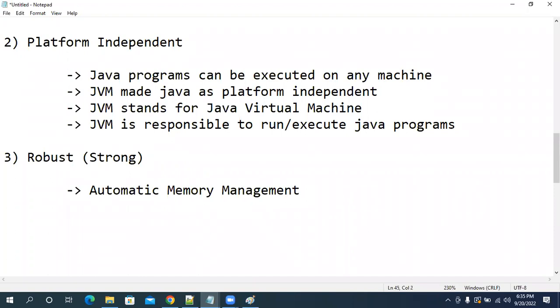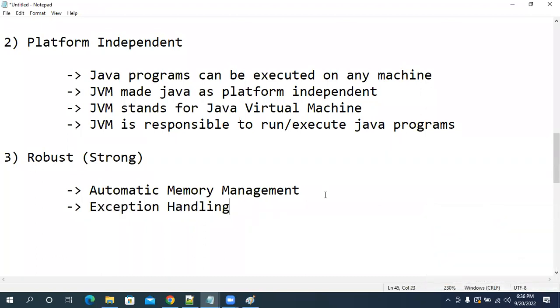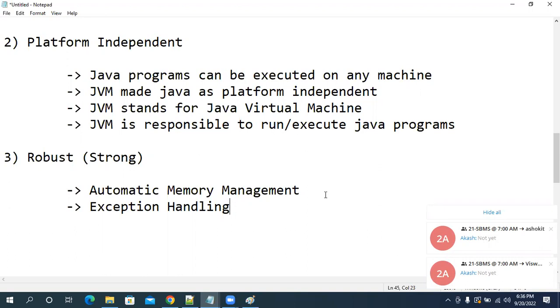And the next one, self-healing capability. What is that, guys? Self-healing capability. That is a high terminology. We can call it exception handling. What is that? Exception handling. Whenever a program is running, the program may fail, right? Whenever we write a program, there is a chance that the program may fail, may not get the actual output I am expecting. My program may stop because of some reason. When you have such kinds of problems, such kinds of exceptions, we can handle them in Java.